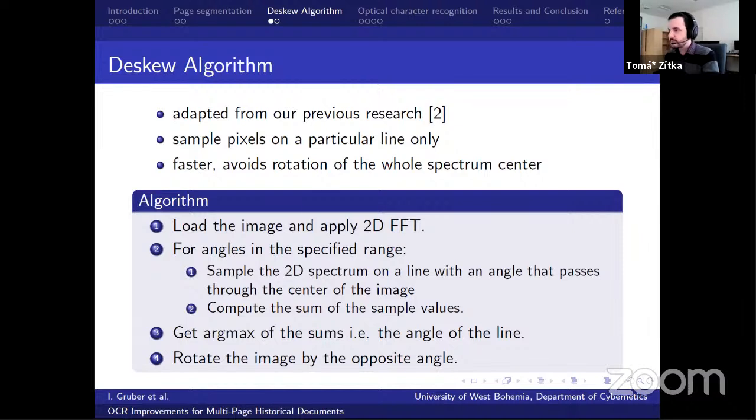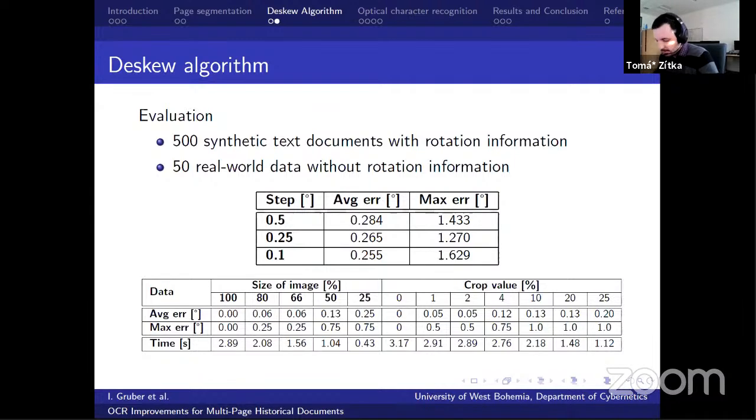opposite angle. To verify that this algorithm works, we used 500 synthetic text documents with rotation information and 50 real-world data for which we don't have this rotation information. For the 500 synthetic texts, we tried different angle steps, and we observed that